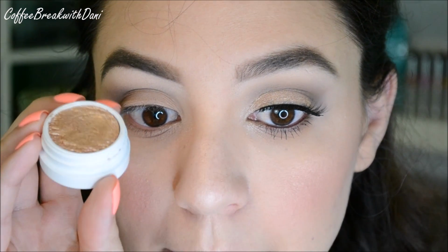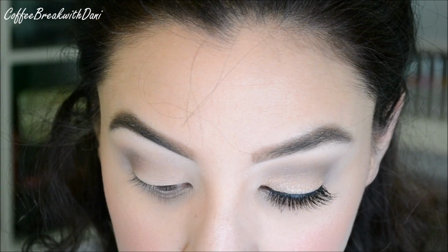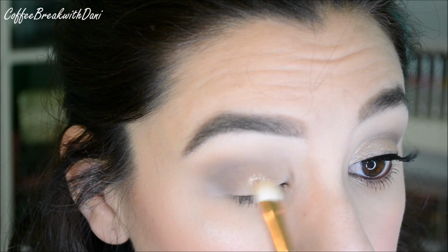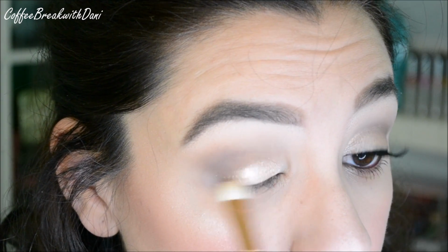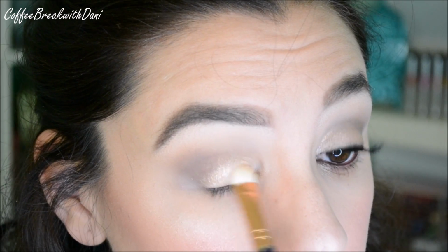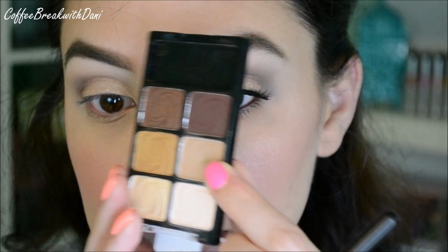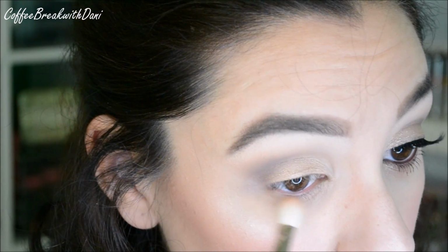Then take a sparkly gold, rose gold, even pearl color like this one, and I'm going to apply that on my eyelid with a synthetic brush. You could use your finger, but you don't want it to be too intense. And if you apply it with your finger, it will build up a lot thicker, so it'll be a lot more metallic. Then take that kind of toffee medium brown, and you're going to apply that to the lower lash line,